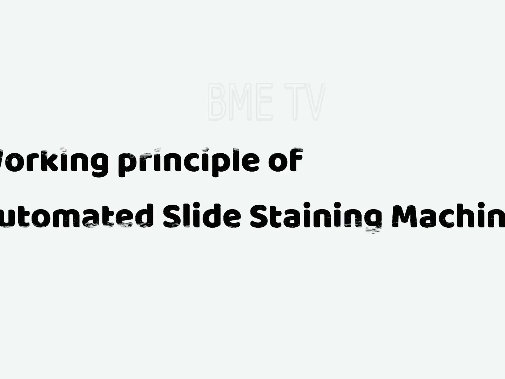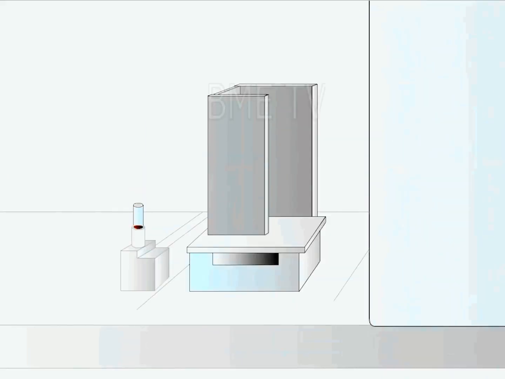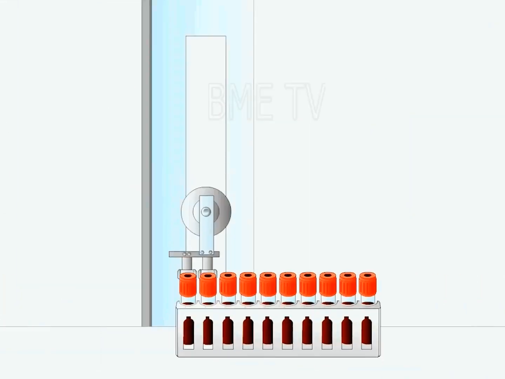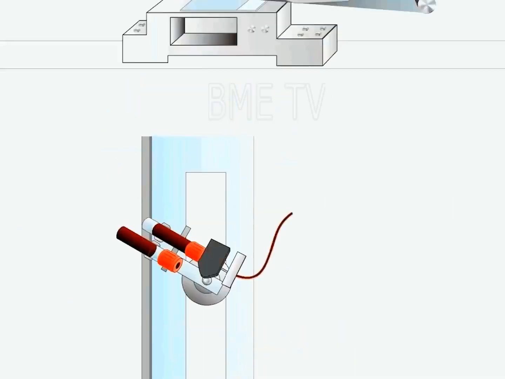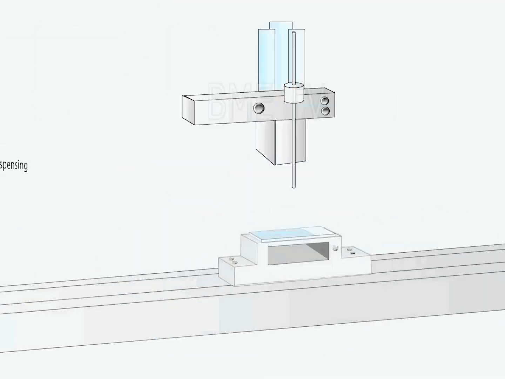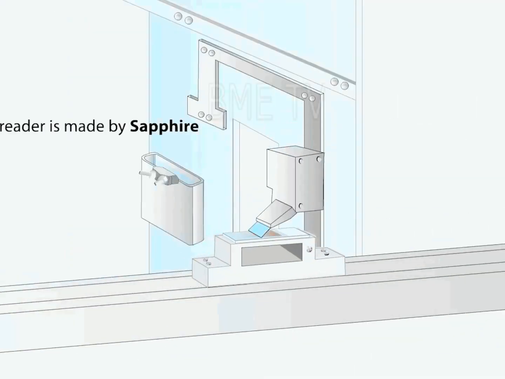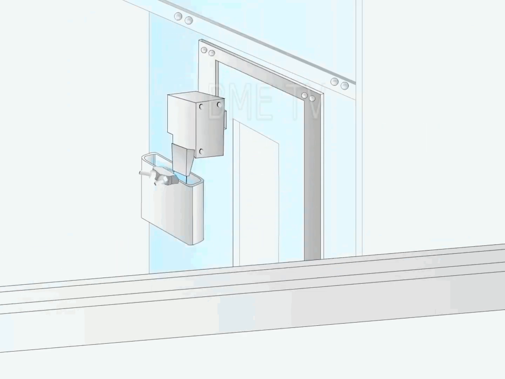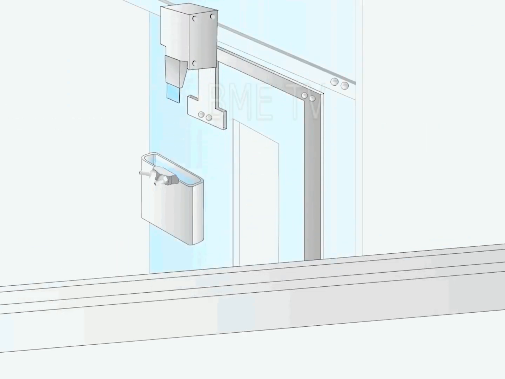Let's go into the working principle of the automated slide staining machine. First, it is important to note that automated slide staining systems are used for special staining. Immunohistochemistry and in situ hybridization procedures are fundamentally different from instruments designed for routine H&E, hematoxylin and eosin staining, in